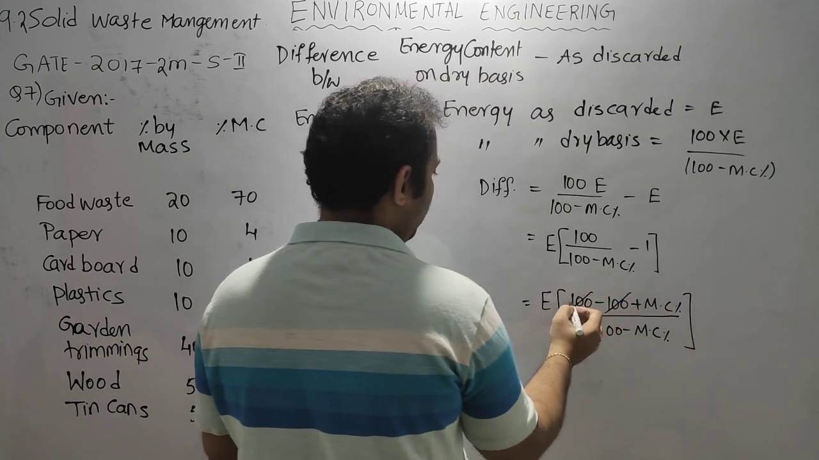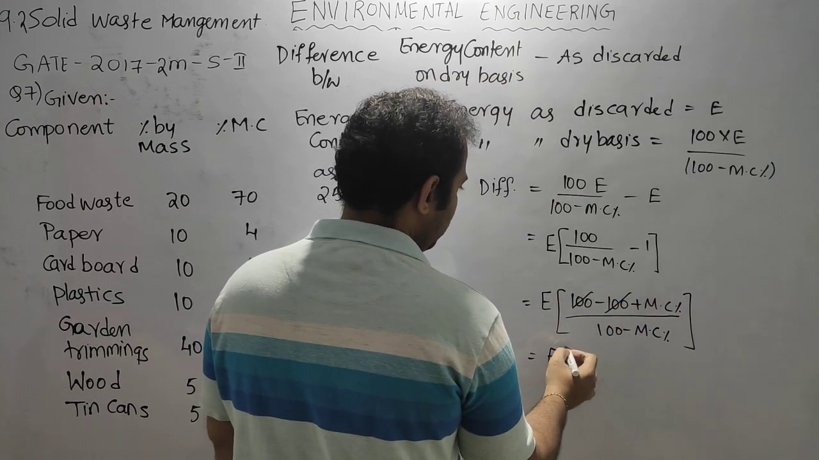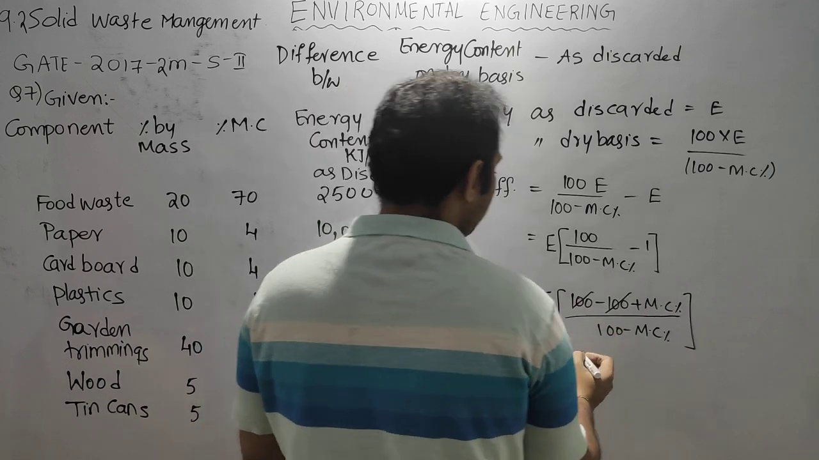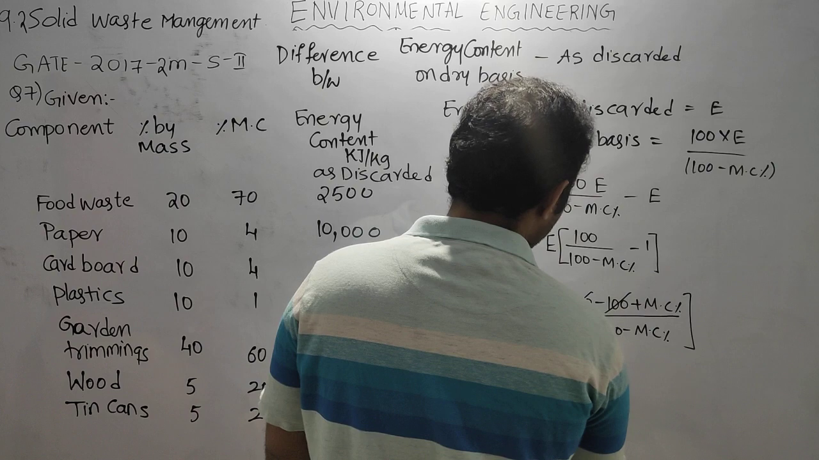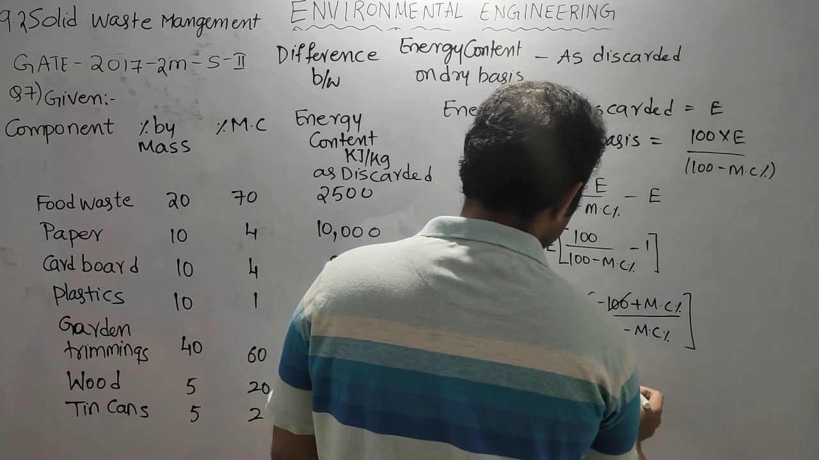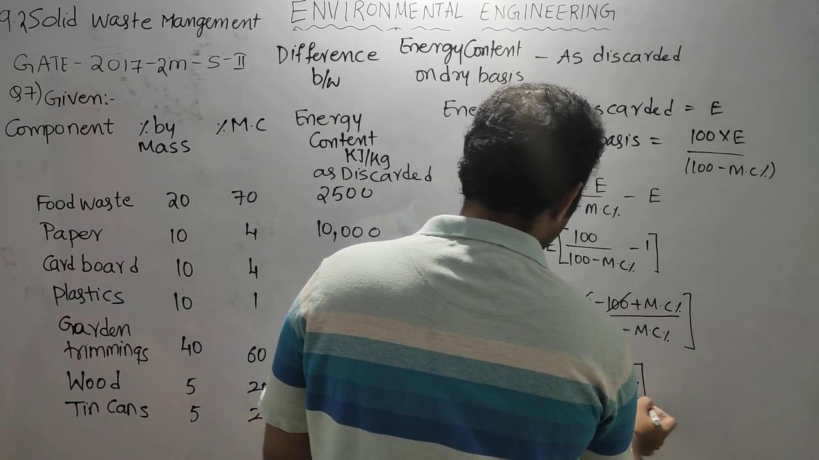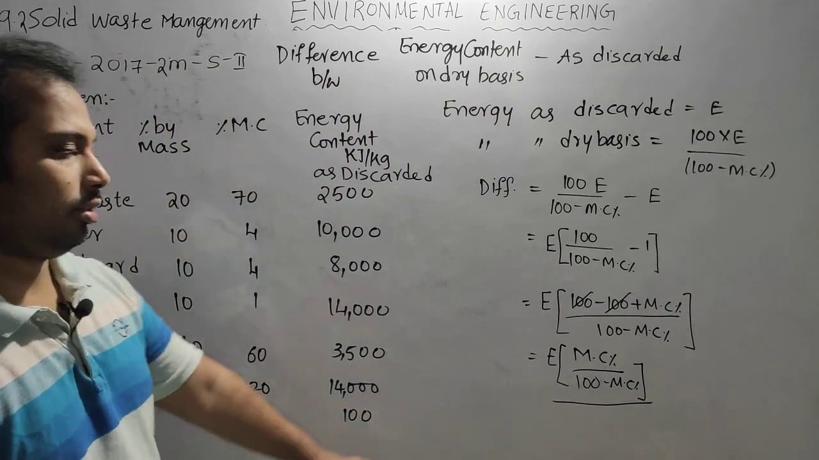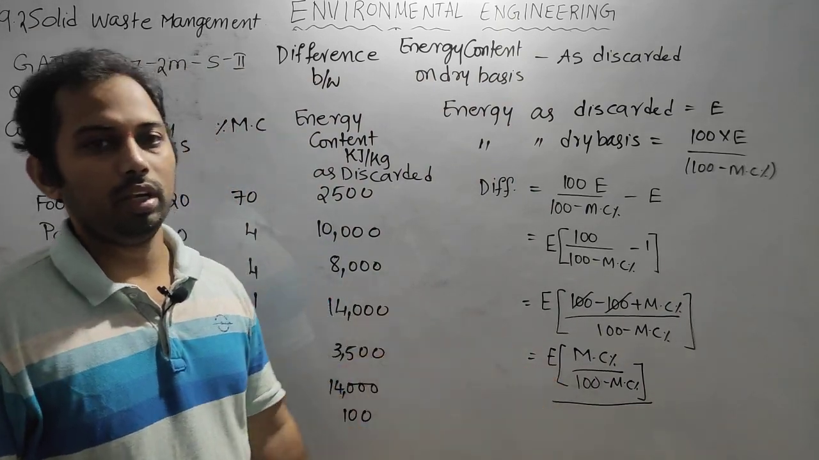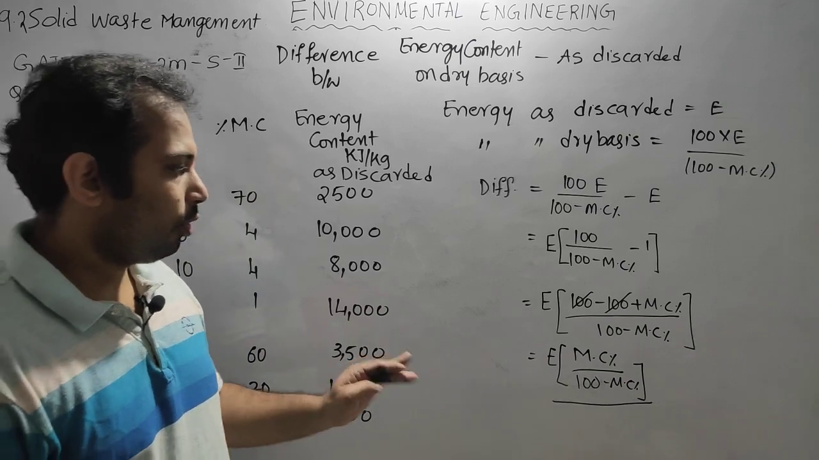So this 100 cancels. So the answer should be E into MC by 100 minus MC. This should be the answer. For every material we need to find this. But before doing that,